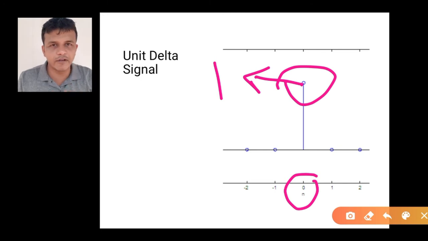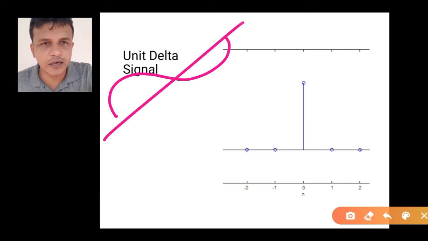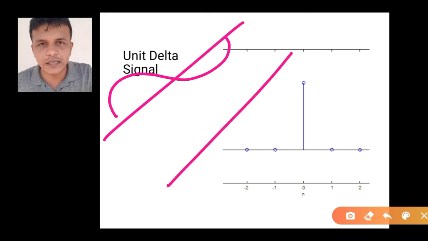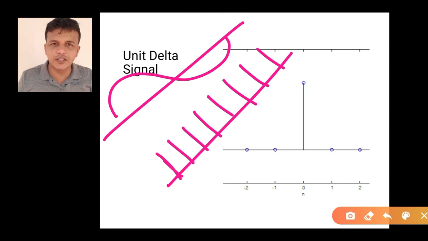This understanding we must have. To convert any continuous signal into a discrete signal we multiply by time shifted and added unit delta signals, and that signal is multiplied with that particular signal to convert the continuous signal into a discrete signal. We have discussed sampling already, even then it will be interesting to discuss it again. So let it be a continuous signal, and we need to convert this signal into discrete form. For that we take a comb signal. The comb signal is available by time shifting this unit delta signal